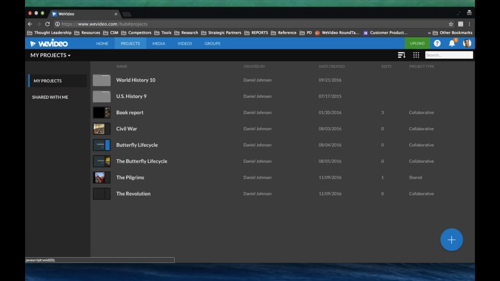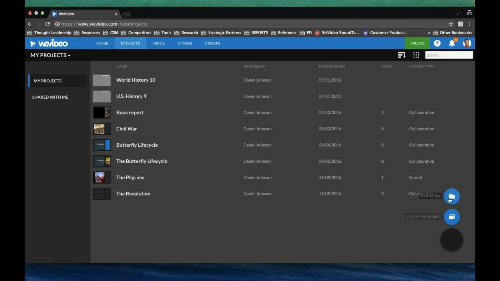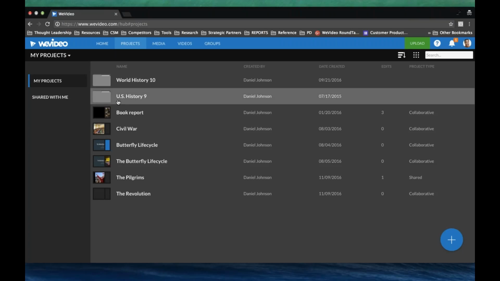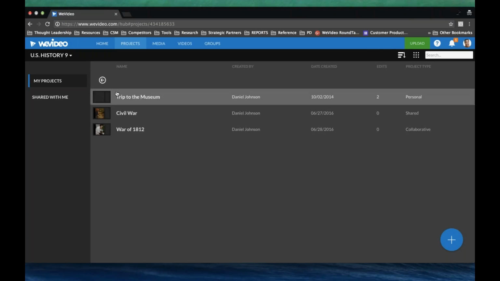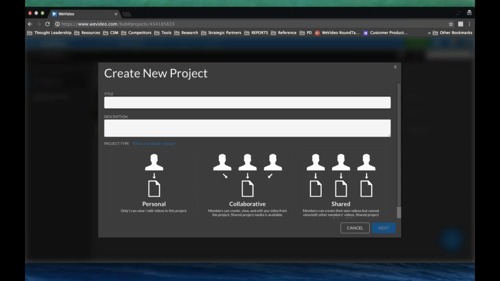And I sometimes like that better because you can organize your stuff in a more careful way through the folders by creating new folders. So let's say I have a folder for my US History 9th grade classes, and I have all these assignments or projects that I've already given to my classes, and I can start a new one. So create a new project. Let's say I'm working on the civil rights movement. I can use the description as a prompt for the students, so I can just quickly describe the assignment here, because this is highly visible inside the project.